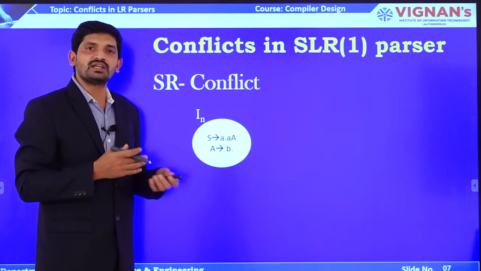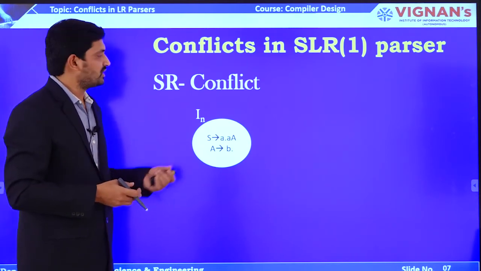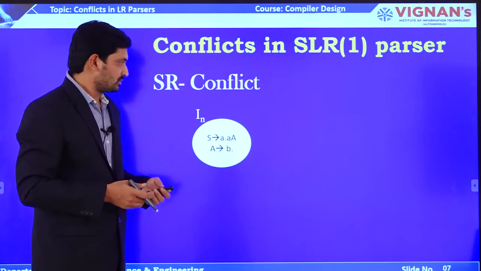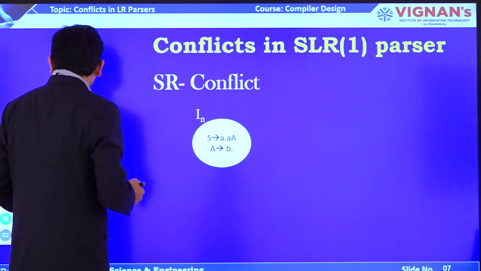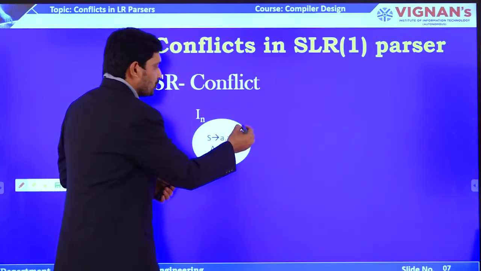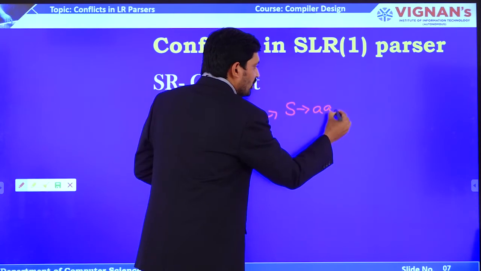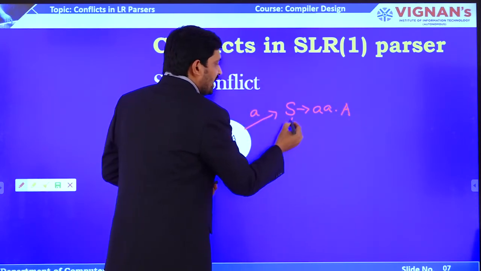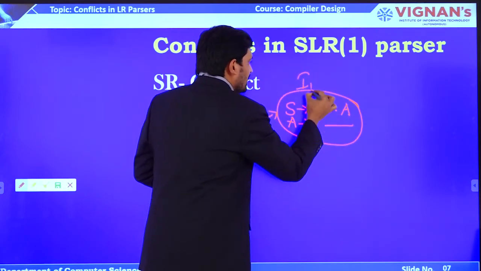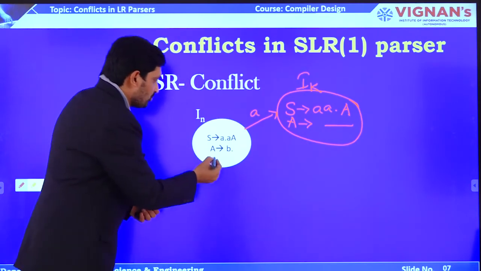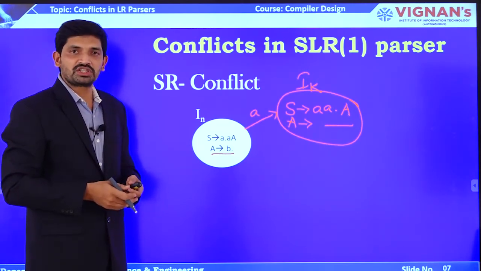As we discussed, all the LR parsers may suffer from two types of conflicts named SR conflict and RR conflict. Now let us discuss the SR conflict. So this is my state IN, and now I am going to perform various go to and closure operations. So on small a, the production is S tends to a dot capital A, and because of this capital A, I have to include all the capital A productions here. Let us say the state name is IK, and here you may observe there is a final item. If there is a final item, we have to perform the reduction operations.